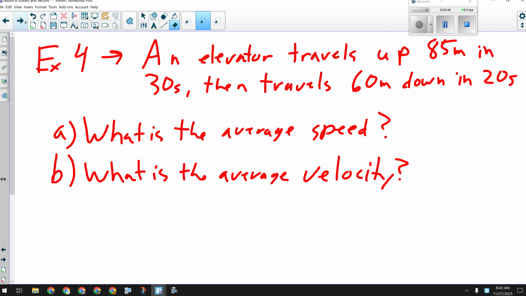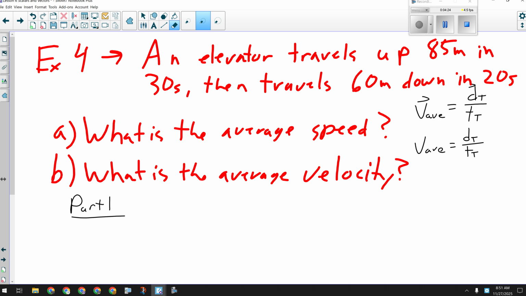So break it up into part 1 and part 2. We want to break this up into its 2 parts because it is asking us for the average over the entire trip. This is where we have to remember that these formulas actually mean average velocity is total displacement divided by total time, and that average speed is total distance divided by total time. So in part 1,